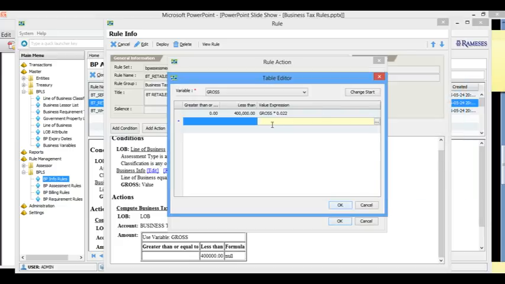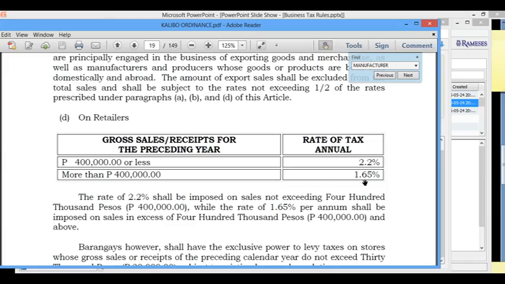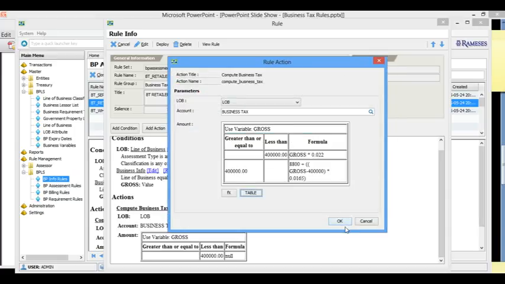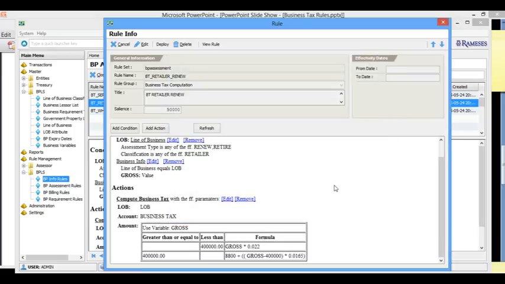Okay, so we'll add the 8,800 here plus whatever is in excess. So gross minus 400,000 times, so this is at the rate of 1.65%, so it will be 0.0165. That's right, huh? Okay, so this is how you do it. So that's gonna be done. Okay, so let's deploy.